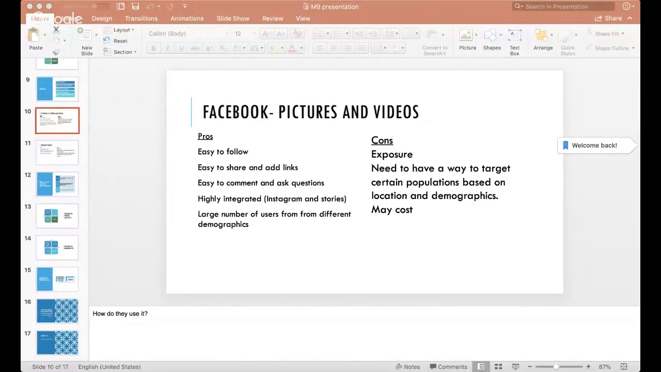It's highly integrated, meaning that you can copy and paste a link on YouTube and share it on your Facebook so all your friends can view it. And you can Instagram it. And if you Instagram it, you can connect to your Facebook so it posts on both of them. Another thing is stories. There's Instagram stories and there's Facebook stories, and they kind of all integrate together as well. And there's a large number of users from both different backgrounds, different demographics,